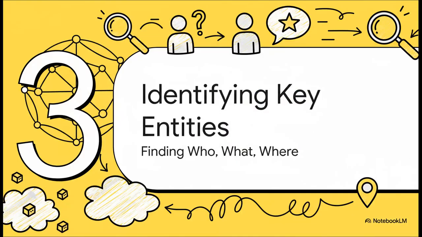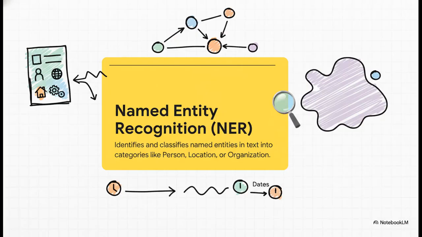So, we've done sequences and we've done grammatical structure, but what about the actual real-world information that's packed inside the text? This brings us to our third big building block: finding the who, what, and where with named entity recognition. Named entity recognition, or NER for short, is a core information extraction task. Its entire job is to scan raw text and automatically pick out and label key things. The names of people, organizations, locations, dates, all that good stuff. Basically, it's what turns messy, unstructured text into clean, structured data you can actually use.